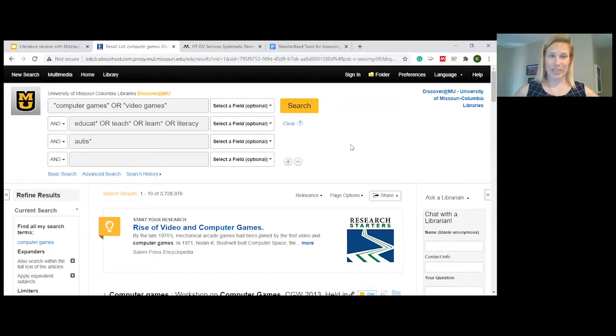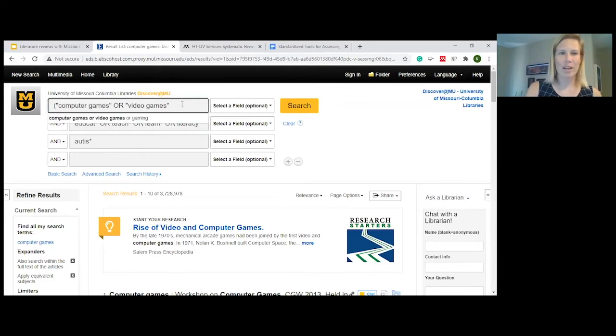So all of these tricks that I'm talking about should work universally. They even work in Google Scholar. So if you're a fan of using Google Scholar, all of these tricks should work there. The main difference is in Google Scholar, you don't have the different search bars. So you'll want to use parentheses and treat it kind of like a math equation from algebra, where you bracket off and solve inside the brackets first, pick one of these and then move on to the next set of brackets. So you'd write it all out in one long string. But yes, this should work universally in every database.